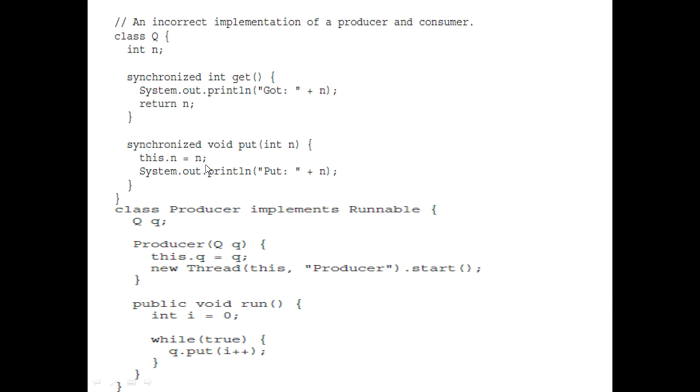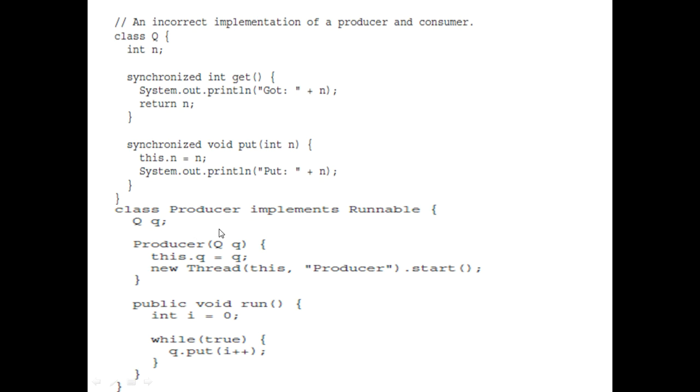In the put method, whatever item the producer produces, that value we store in this.n, and the same value we display onto the computer screen. Remember, when the producer goes on producing items, it is going to call the put method, and when the consumer wants to consume the item, it is going to call the get